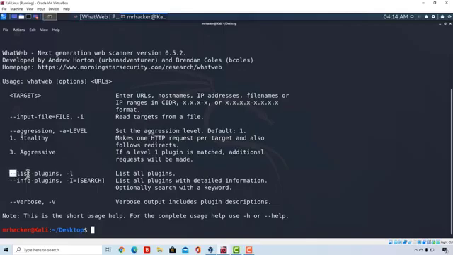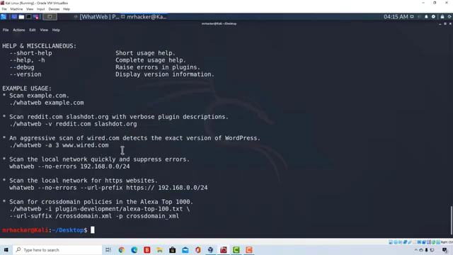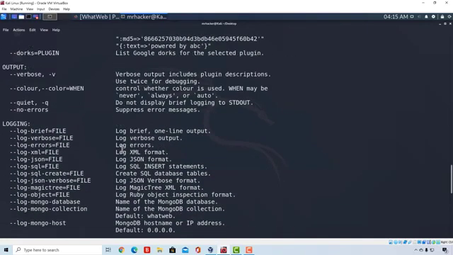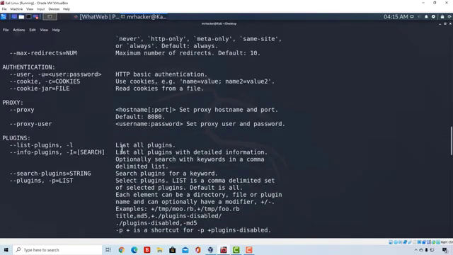We can also list all of the plugins that it uses, but we are not currently interested in this. And we can also have a verbose output. But these are just some of the options for the WhatWeb tool. To get even more available options with WhatWeb, we can type the command whatweb --help. Press enter, and this will give us a much larger help menu